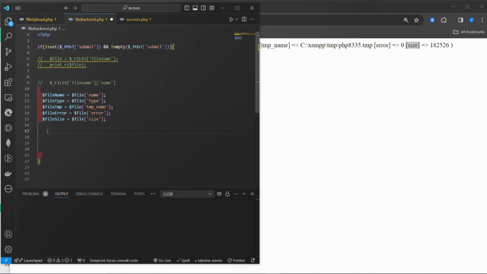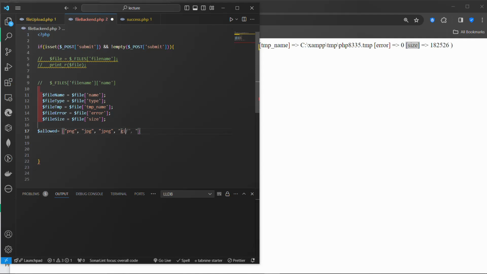Now let's create a variable called allowed. I'm going to create an array. Inside of this array, we are going to pass in data, the different kinds of file formats. Like I said, when we did the HTML, we talked about file formats. So the different file formats that we want to accept inside of our page: we have PNG, JPG, JPEG, and we also have